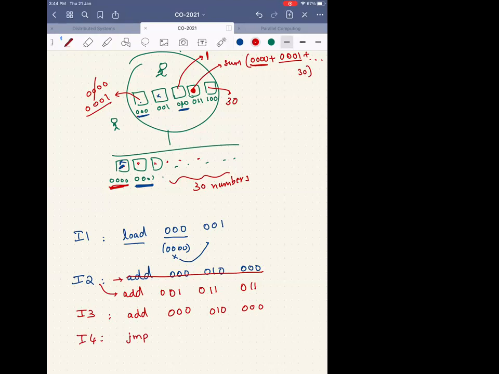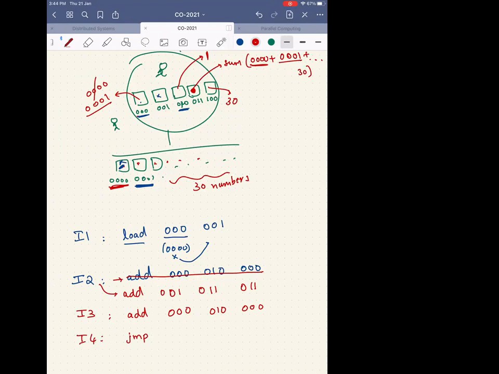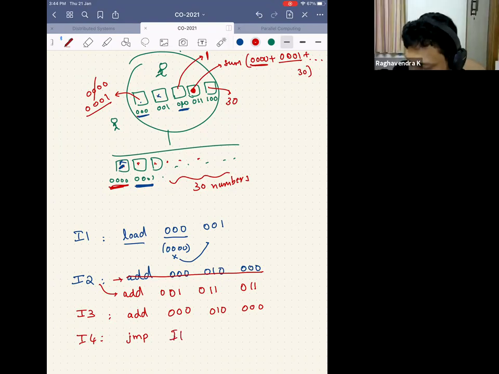So we should decrement first and then do the jump to I2. Yeah, but do I jump to I2 or jump to I1 now? Forget about the decrement. Do I jump to I1? I1, sir. Now it's jump to I1, right? That's what I think. Yeah, jump to I1. Right? You want to jump to I1.